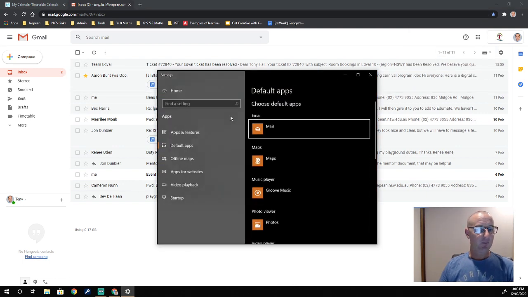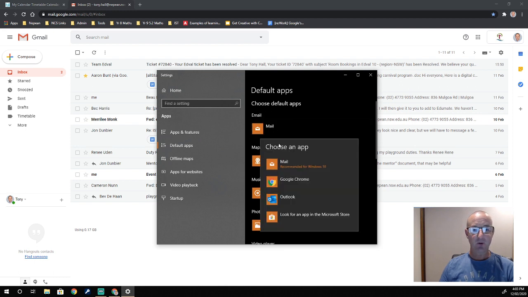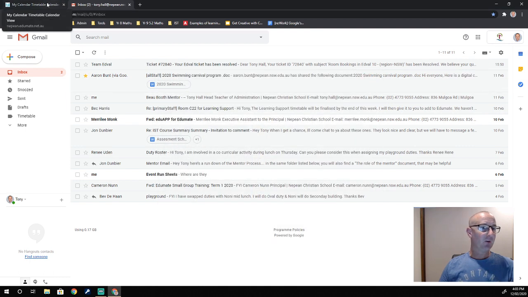When you click allow, it'll also say, okay, well at the moment your default app for email is Mail. Now we don't want Mail to be the default app. We want Chrome, Google Chrome, the program that we're using to open Gmail, to become the handler. And so you simply click on Chrome there, close that little window,